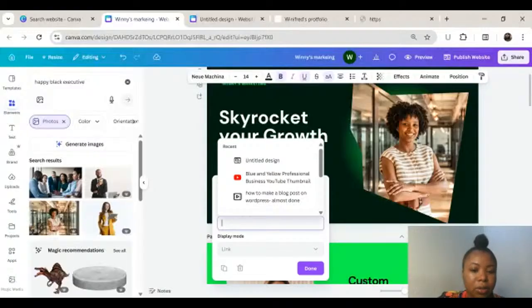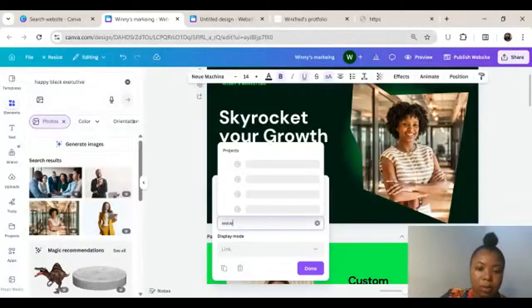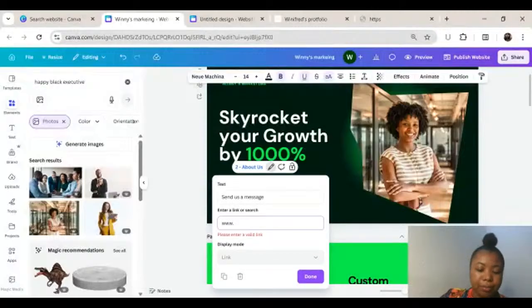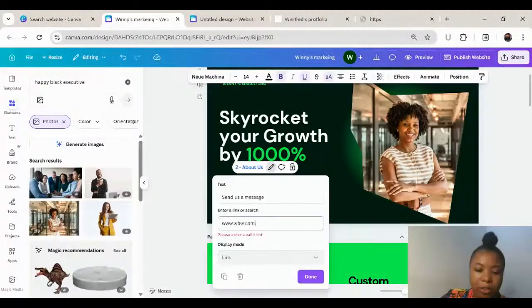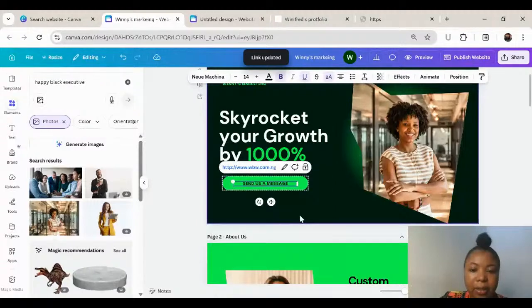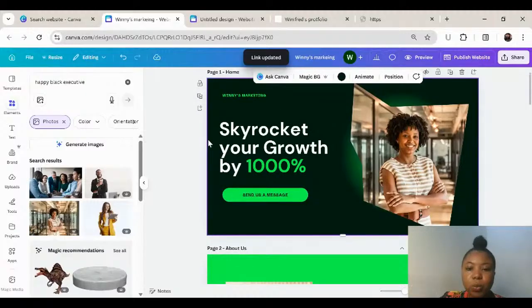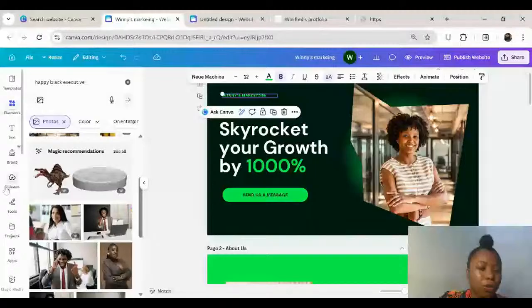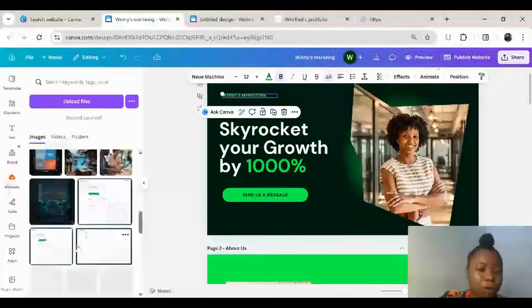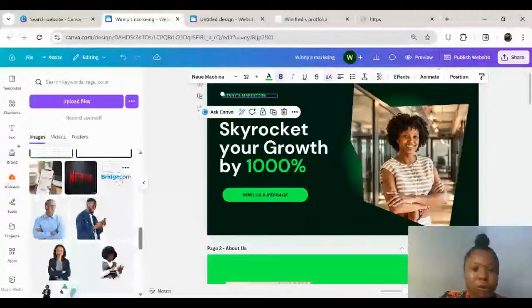So let's just put hash, or we just put www dot, right, and then I'll put done. So I've linked it to my website, right? So this works, right? So I have a lot of things in my upload. So probably I could add a logo here. Let me just add this just for the sake of